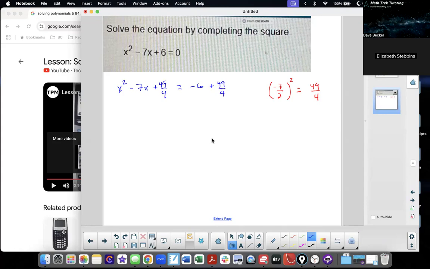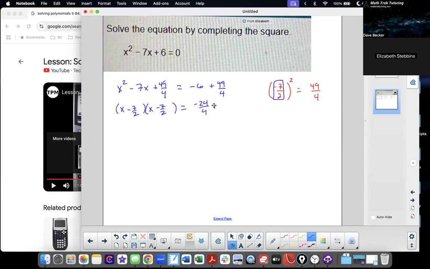Okay? Now, the whole reason we do this, it's called completing the square, because now we have a perfect trinomial square. And I'll show you that in just a second. But what happens is it factors exactly with an x and an x. And whatever this guy is right here, whatever you put this over to, if it's negative, it's a negative here. If it's positive, it's a positive. So it's x minus 7 over 2, squared,